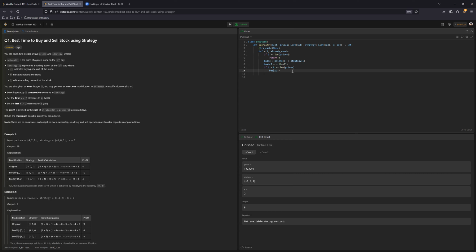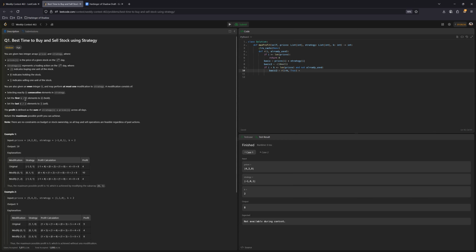If i plus k is less than or equal to prices, then we need to calculate what it's going to be, and not already used. Then basic2 is r of i plus k, true,